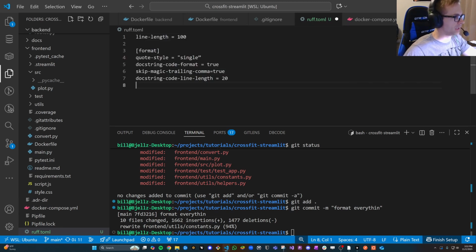So the default line length in Ruff is 88, so I think that's a little bit restrictive, so I'm going to set that to 100. I do want to use single quotes. I want to skip commas after long lists, so just the trailing comma, the comma in the back. I want to format docstrings as code as well, so let's stick with that